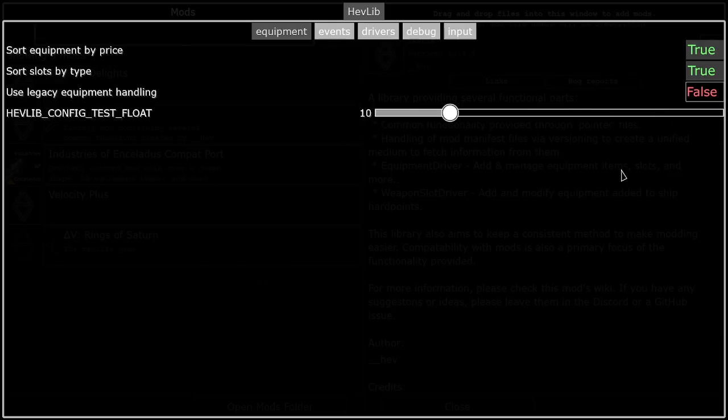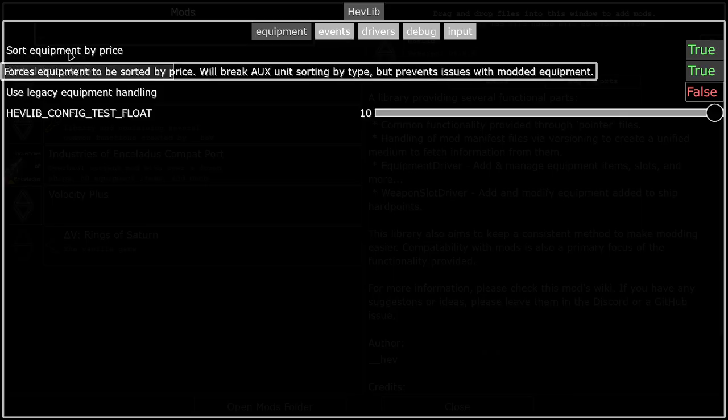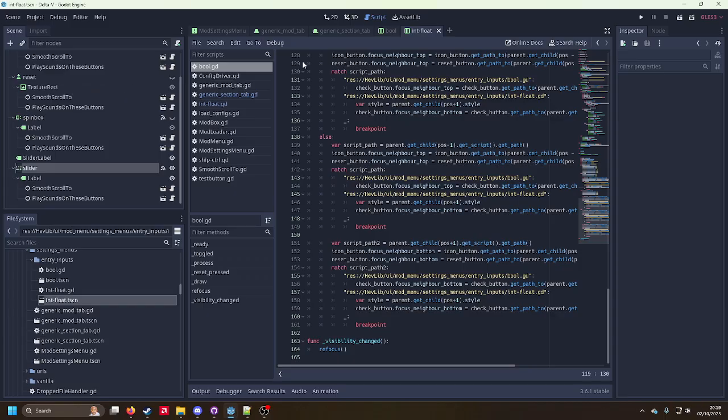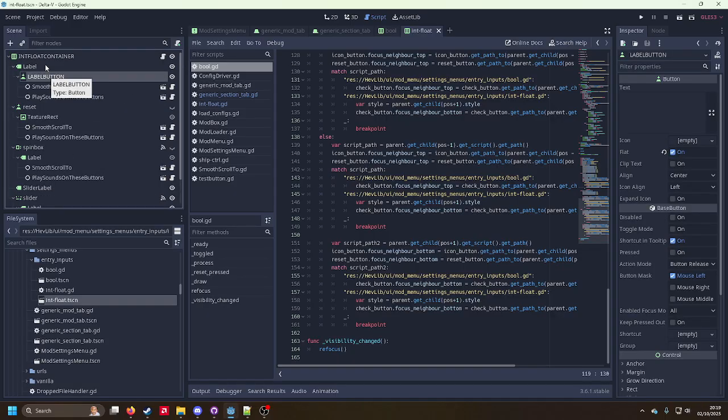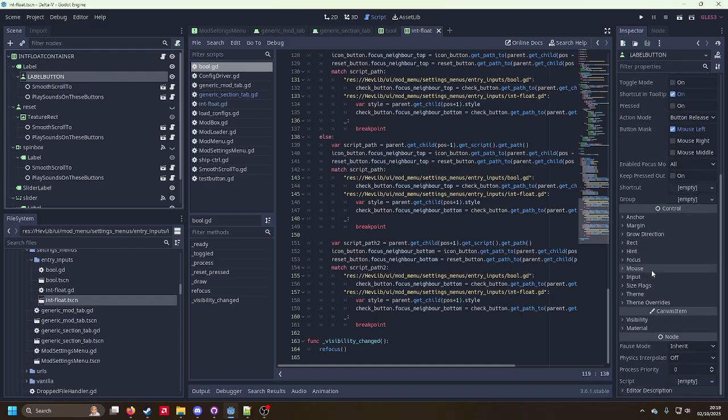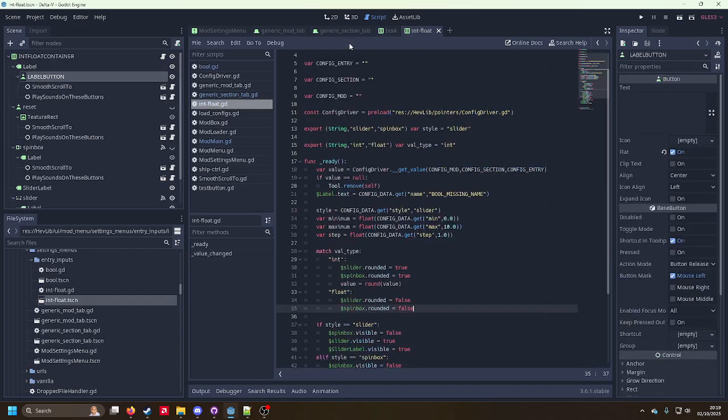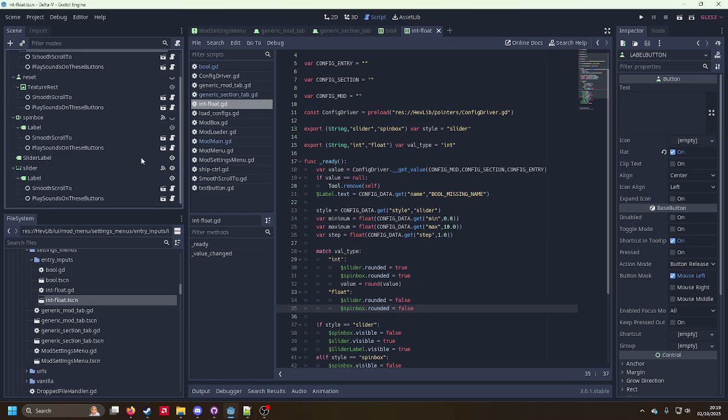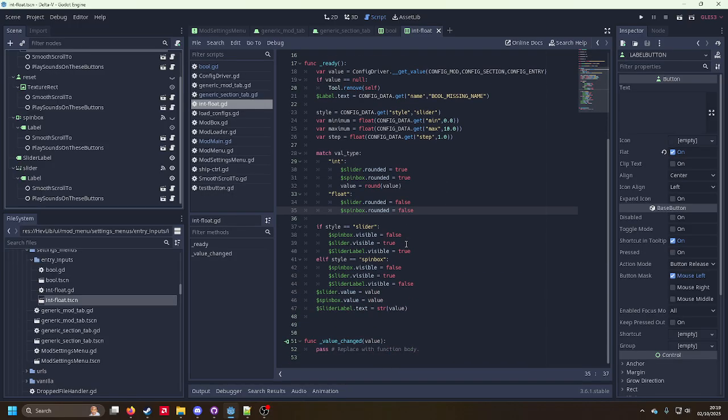Let's go figure out this thing. Actually. Okay, that's another problem I've got to deal with. Label button. Okay. So now we've got